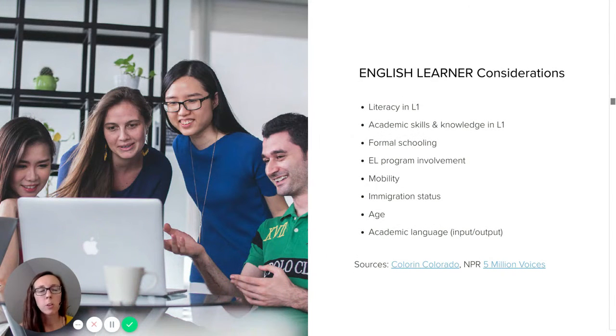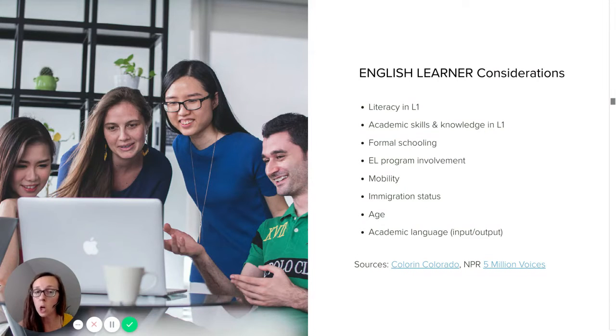So as we're thinking about English learners, what are some considerations to have in our minds as we're thinking about how to engage students in our classrooms, not just computer science, but across the board. So one thing is that literacy in students' first language plays an important role in how quickly and how confidently students grasp onto new academic concepts in their new language. So if a student has some background and academic experience in their first language, they tend to grasp onto or catch on to new concepts, linguistically speaking, in their new language faster.